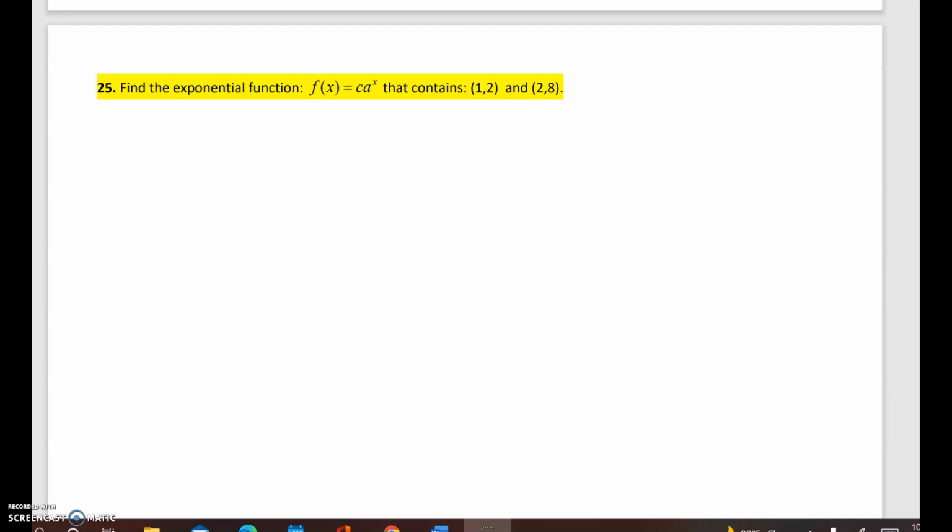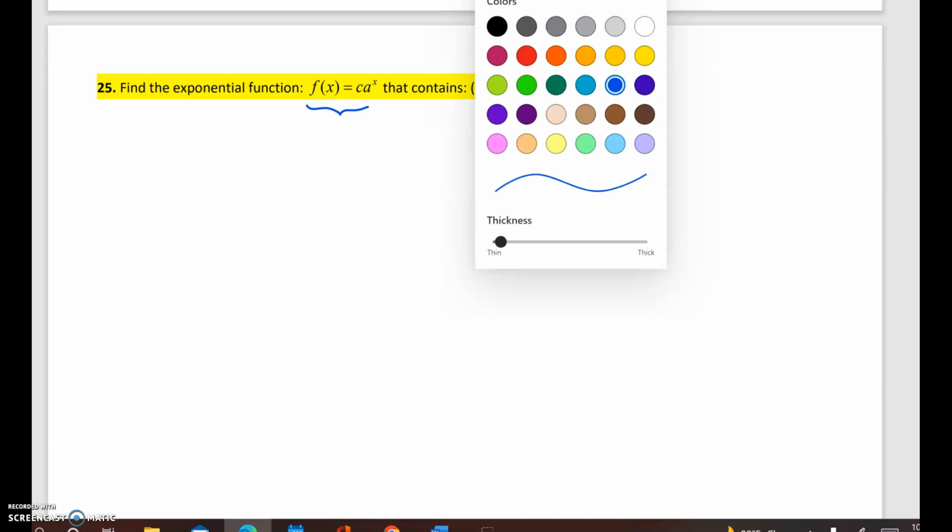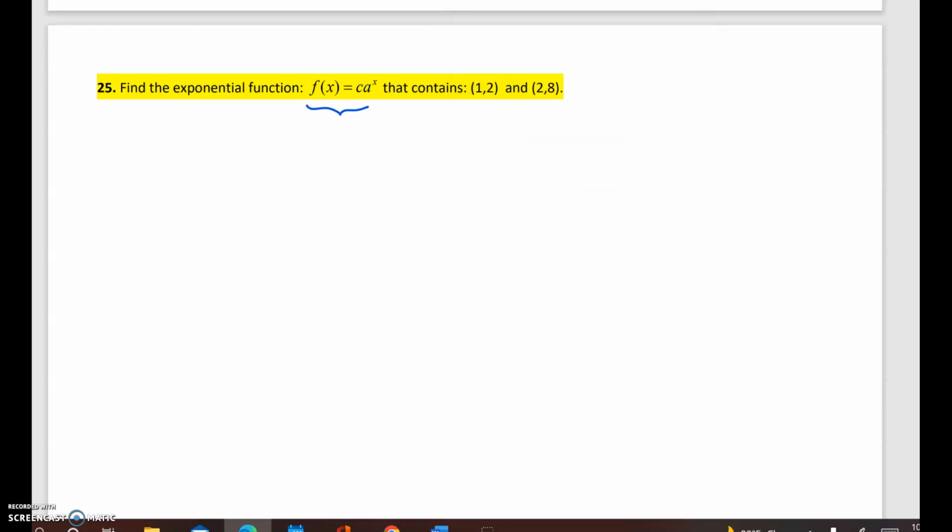Hi class, for this particular problem, we have this given function, and they want us to find it. We're basically given a total of two conditions that need to be satisfied. Now, let me look at the first condition. I'm just going to label it as condition